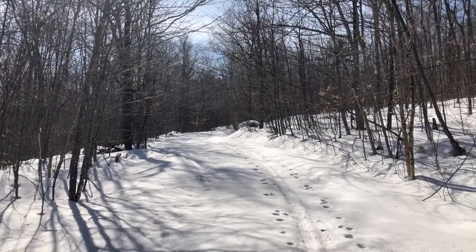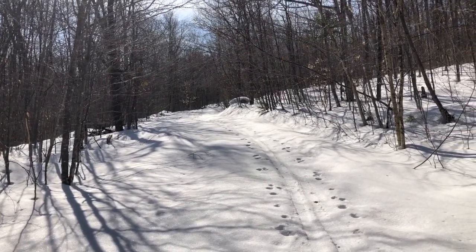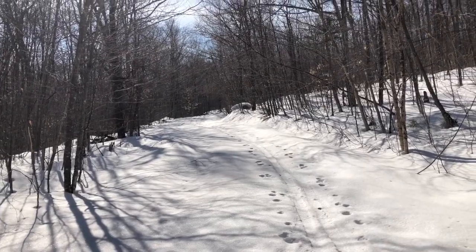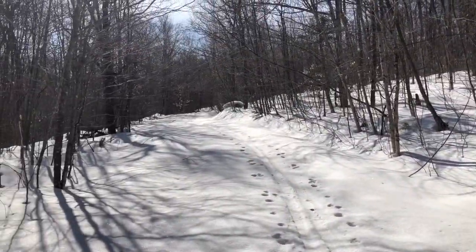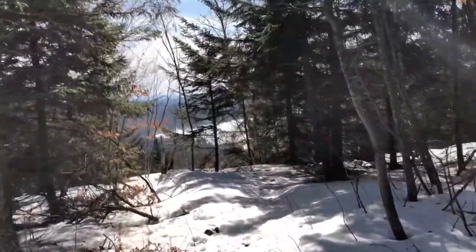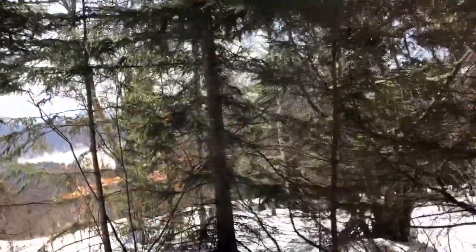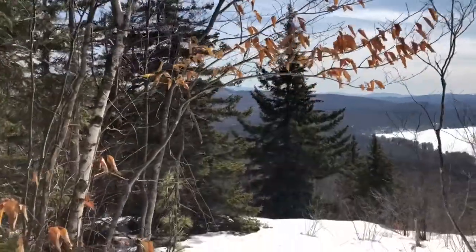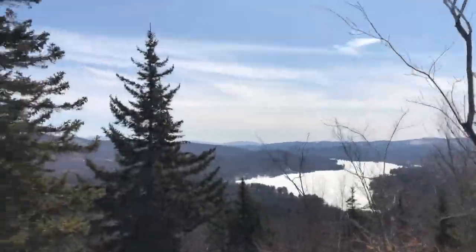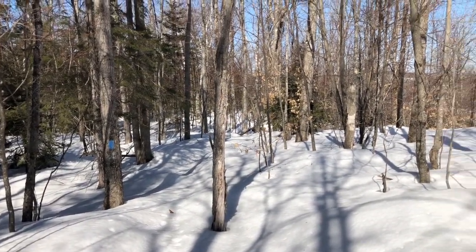Well, we've come down the Owl's Head Trail, and we're now about to start hiking the telephone line trail. It's actually an old woods road. It's a lovely piece of hiking. We came down from that way, and we're going up that way to Little Deer Mountain. Heading down the trail off of Little Deer Mountain, and